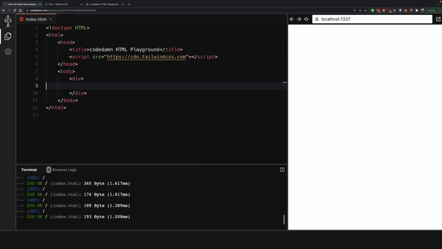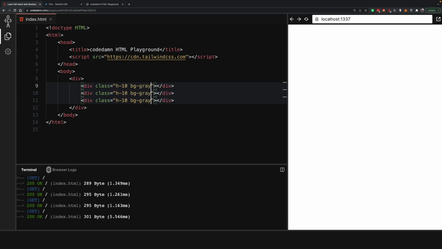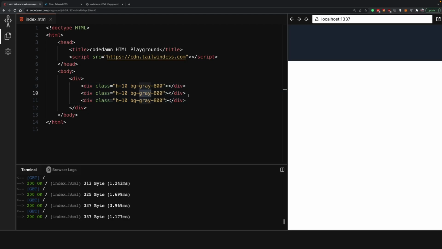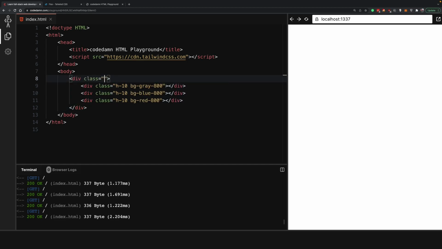So I'm going to say something like, let's say this is a div and I have another 3 divs inside this, right? What I can do is at the same time give them all a height of 10, something like that, with a background color of gray 800. This could be blue, this could be red, something like that, right? And on the top, I could start giving this some flex input, right? So right away, you can see that the moment I give it flex, everything just disappears because these do not